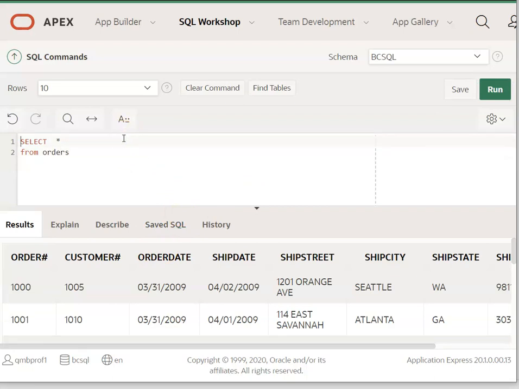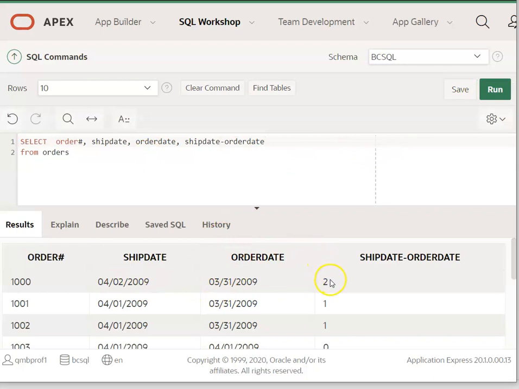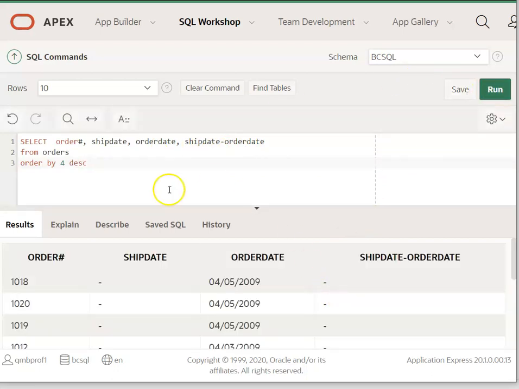So what we can look for is, let's say order number, comma, ship date, order date, and then maybe you could do ship date minus order date, like a subtraction. And then what you get is, you can see that there are 2 days between this, and then you could even order by 1, 2, 3, 4. You could say 4 because it's the 4th column, and then you say descending, and you could see, whoops,